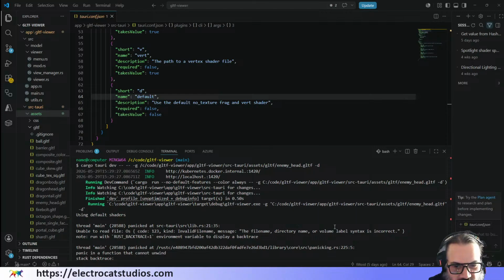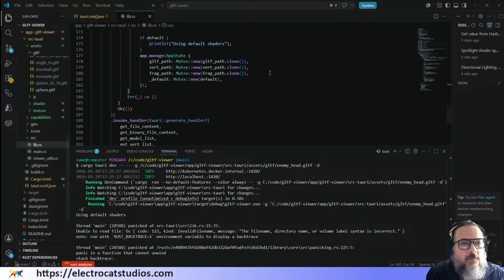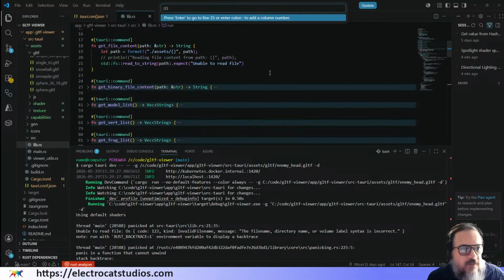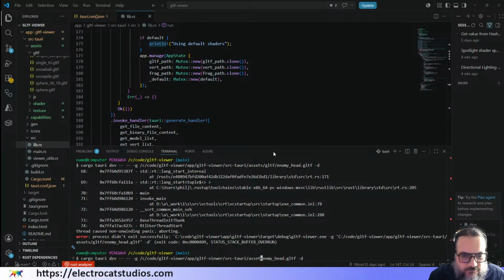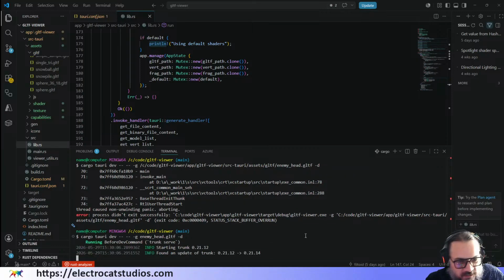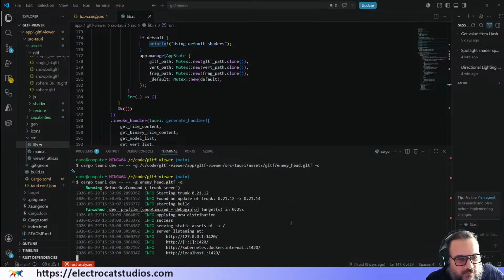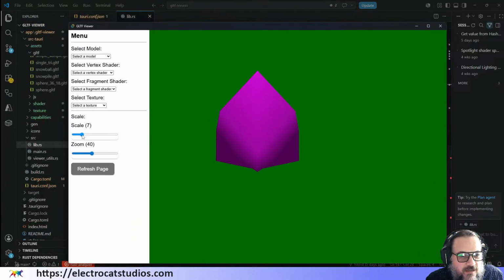Using default shaders, the following directory. Okay, it's just lib. Line 35. Okay, and line 35. Oh! Yeah, that's my bad. You just need to put the GLTF name. Yeah, there we go. Okay, so we scale it up a bit, we zoom out, and we should see the